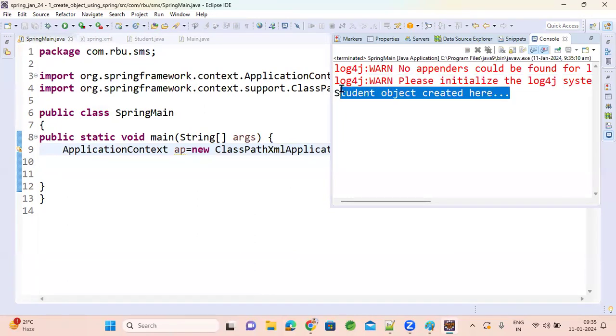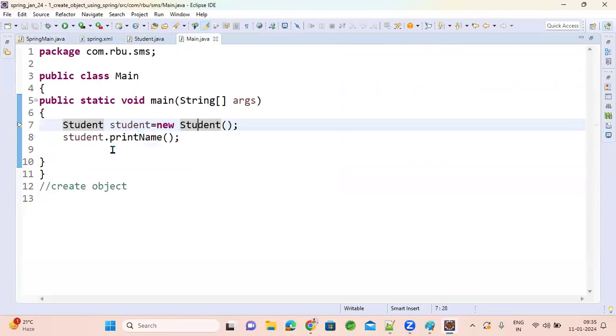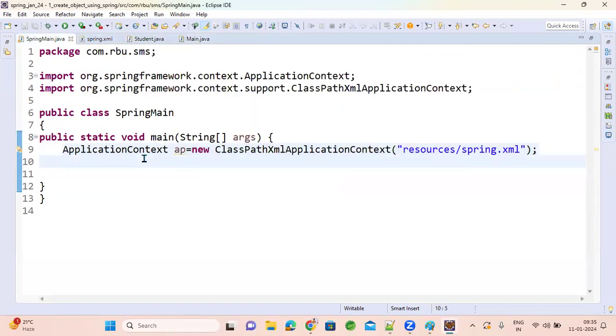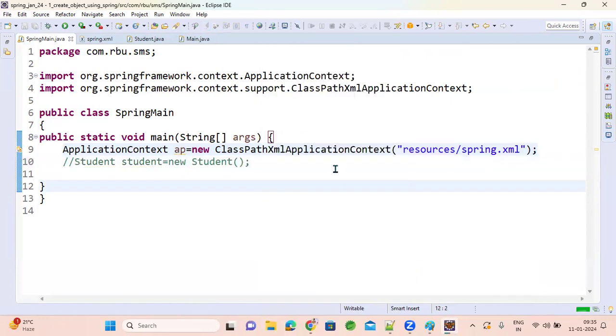Your constructor is executing, but I did not mention anything in this main method. Here I used the new keyword, but here I am not using it. Though you are not writing this code, I just commented it, it is still showing you the output.